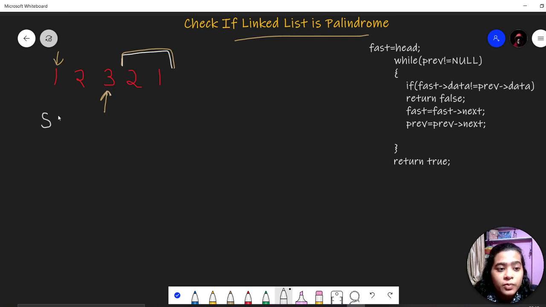You can check that. Once again, I will tell you how to find the middle of the linked list. We'll take a two pointer approach, a slow pointer and a fast pointer. Slow pointer will move one by one and the fast pointer will move two times the slow pointer. Suppose the slow pointer and fast pointer are firstly pointing to head. So slow pointer will move one step and fast pointer will move two steps.